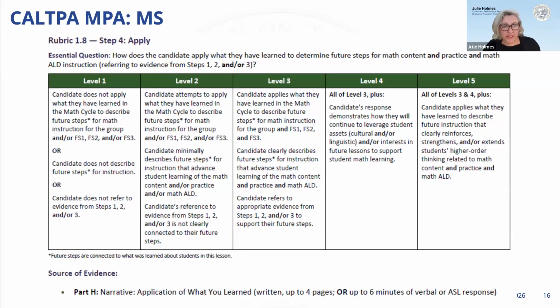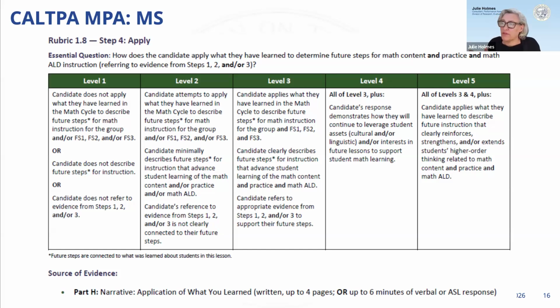Great. Yes. Pay attention to the ands and the and/ors, because you'll see the ands in level 3. It's this, this, and this. And at level 2 might be this, and or this. So they can have 1, 2, or all 3. And so that will bring a candidate down. The language is so important in the constructs, but it is all there.